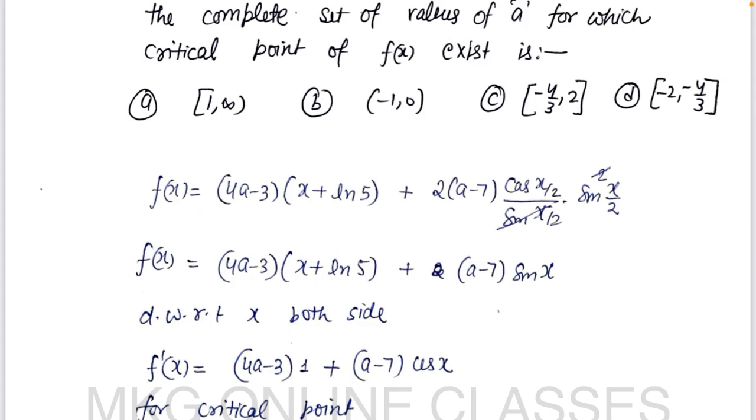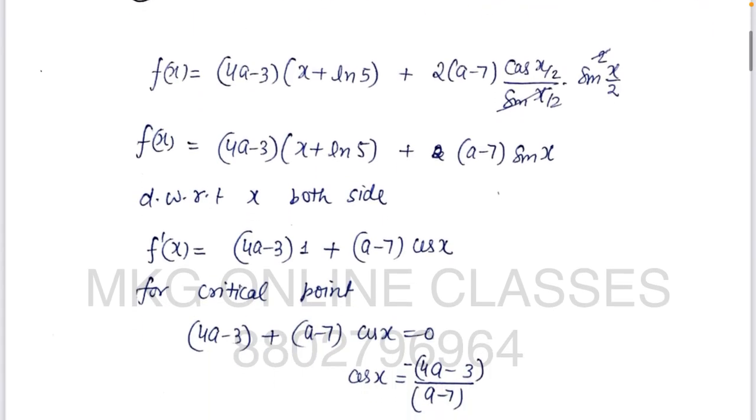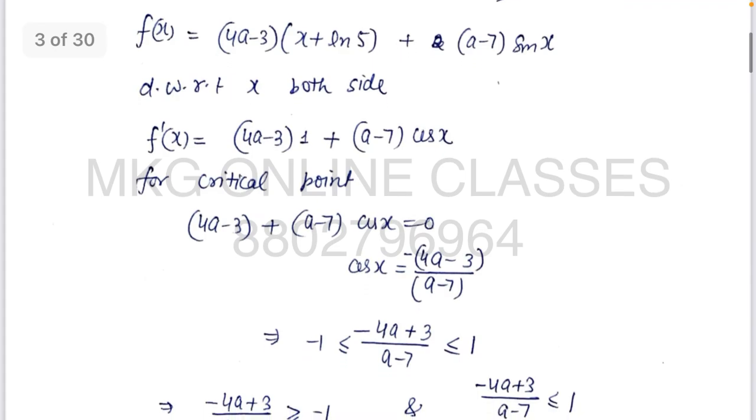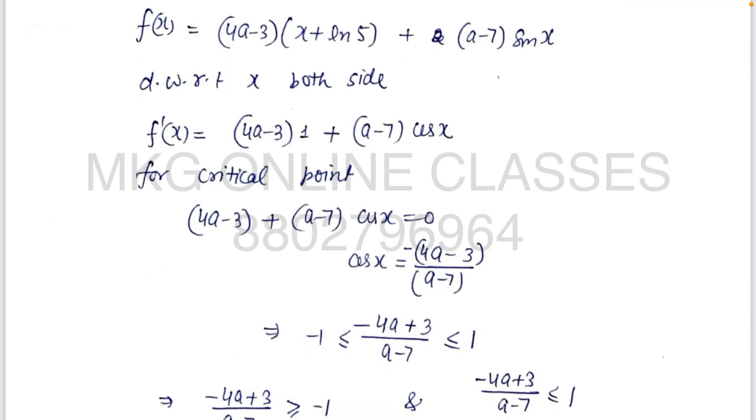It is defined everywhere, because cos x is defined for every x. So for the critical points I will simply put this equal to 0. So 4a minus 3 plus (a minus 7) cos x equals 0. From here cos x will be minus of (4a minus 3) upon (a minus 7). Now we know that cos x always belongs from minus 1 to 1. So basically minus of (4a minus 3), that will become (minus 4a plus 3) upon (a minus 7), belongs from